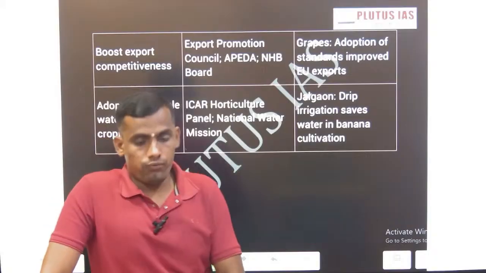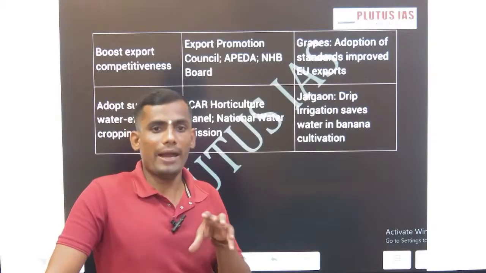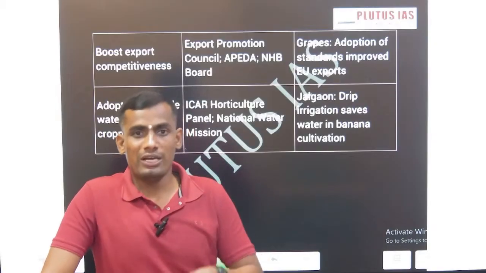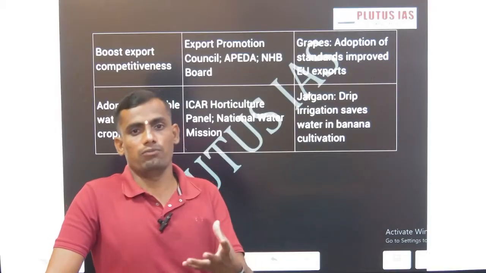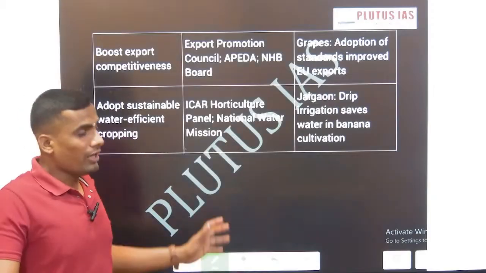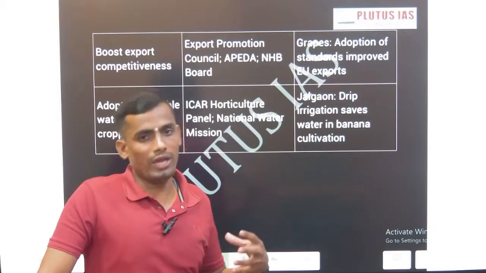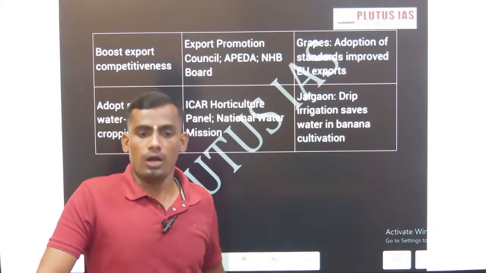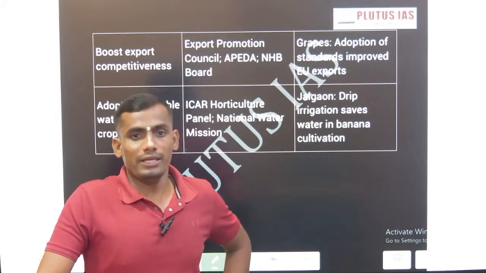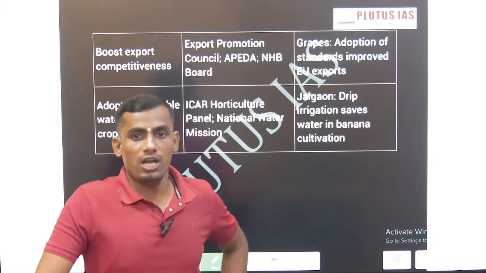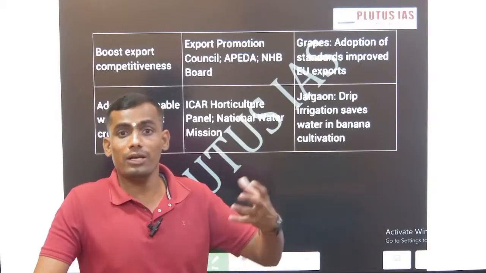And if we want to be a global power, a developed India by 2047, we should strengthen our strong areas, make our strengths even stronger. Okay, this will help India to be a developed India by 2047. In the weak areas, we have to depend on others, for example petroleum products. We don't have the resources, so anyhow we have to import. But in food, particularly the horticulture area, we are a power, and we can boost this to the level of global competitiveness.